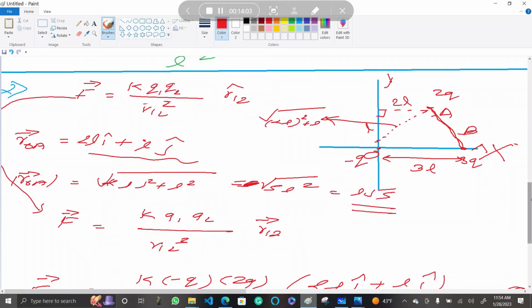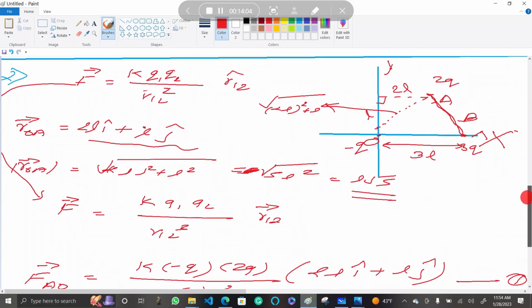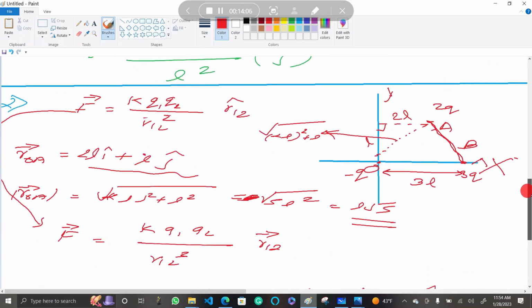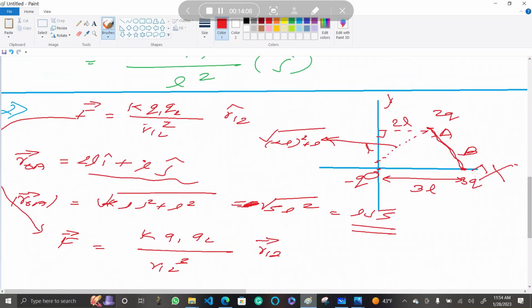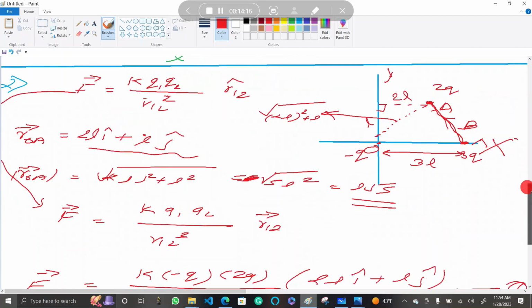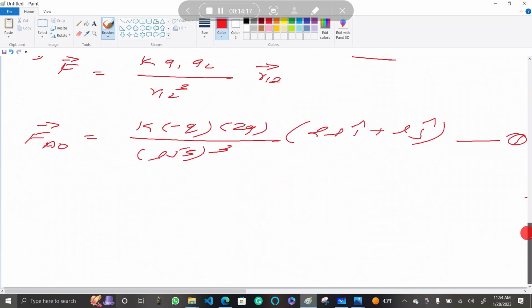This can be calculated by calculating the vector from A to B. So let me do that. I want the vector from the point charge to the destination charge. This vector would be the direction of the force. So I calculate the BA vector. First of all, the BA vector